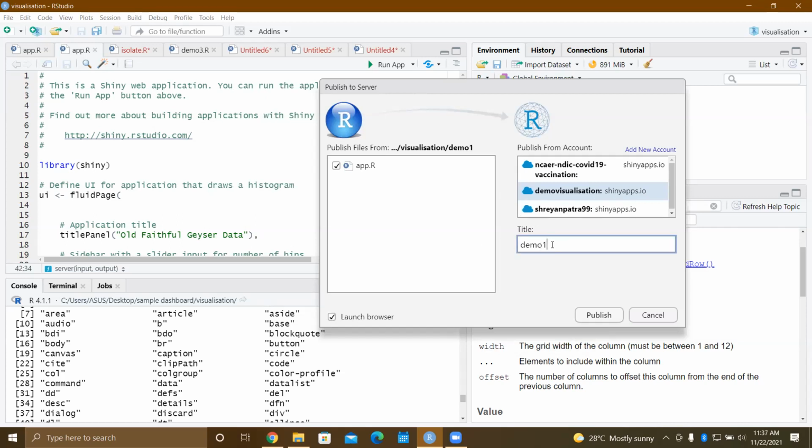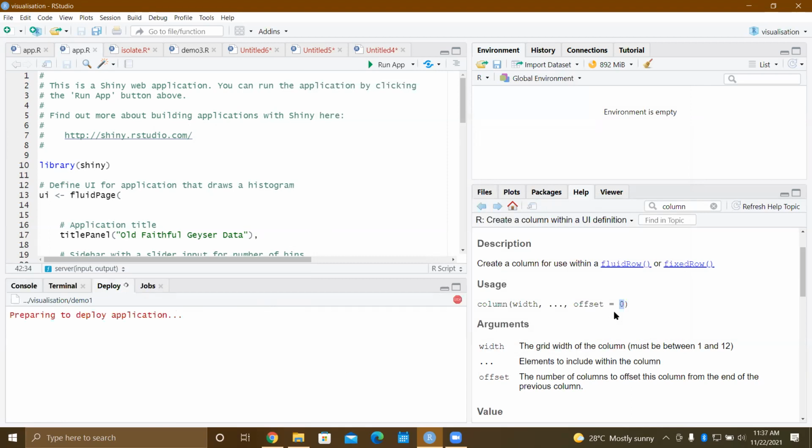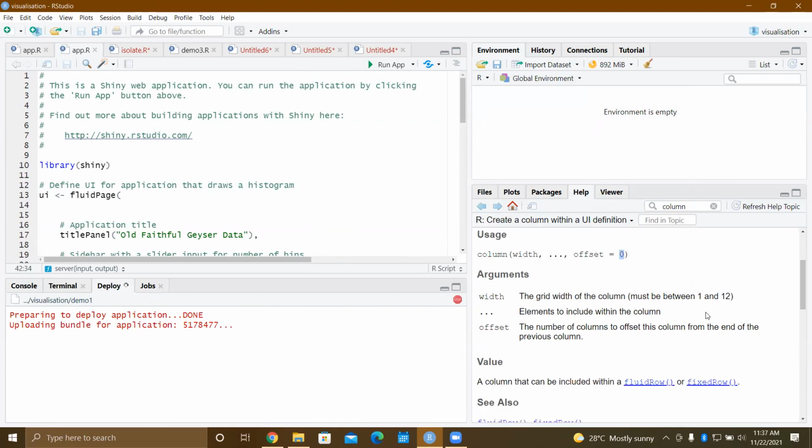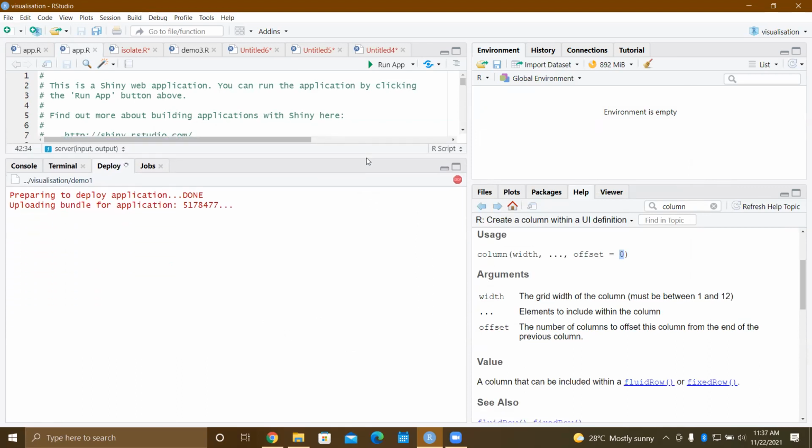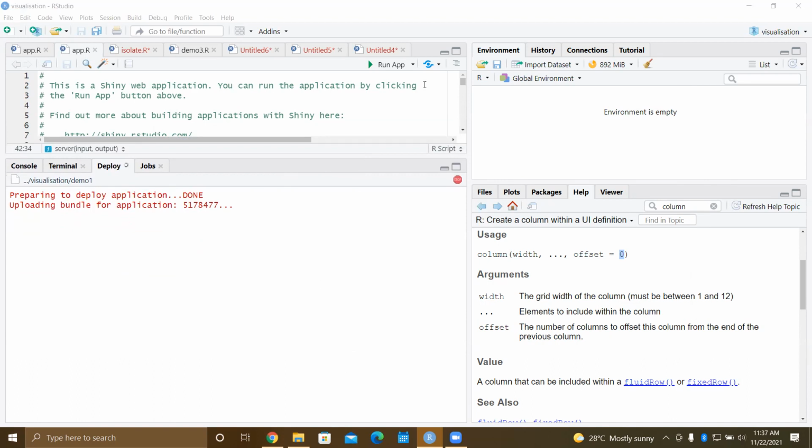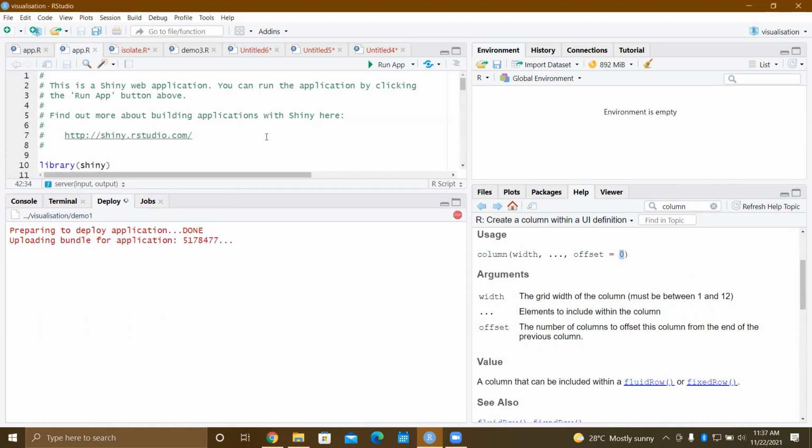You can just give a name. I am giving demo one. All right, and just click on publish. It will take time. Are you guys in this step, or do I need to show you anything more?